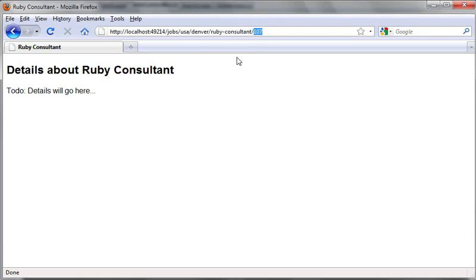Also, it means that if you wanted to link to this page from some other web application that knows the ID of the job ad that it wants to link to but doesn't know any of the other details, then you could simply place a link as follows, just using slashes for all the URL segments that you don't know the values for. And when this URL hits the application, of course the user will be redirected to the correct URL.